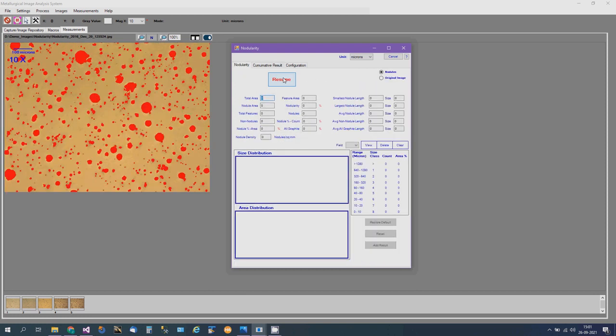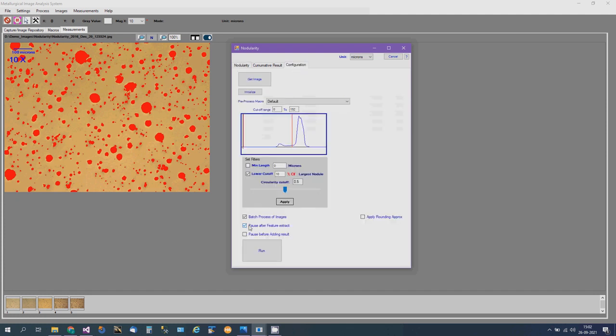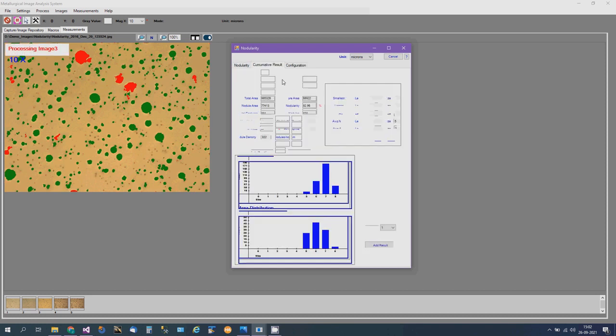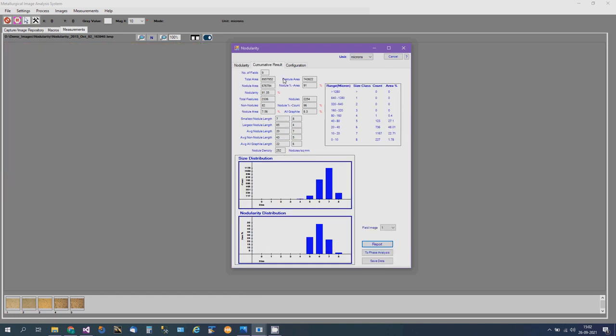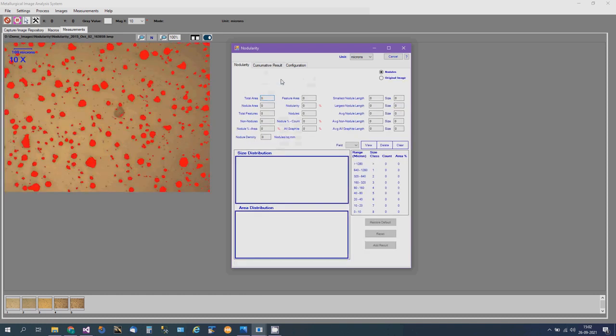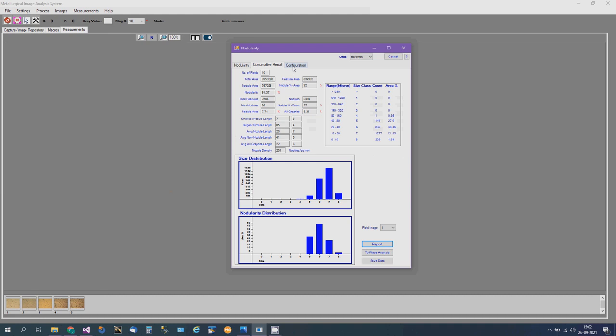It opens the third image and pauses at the thresholding because I have given the pause after feature extraction. If it is okay, then I can continue. Same result. Now I have processed a total of 10 images, so this is the consolidation of 10 images.